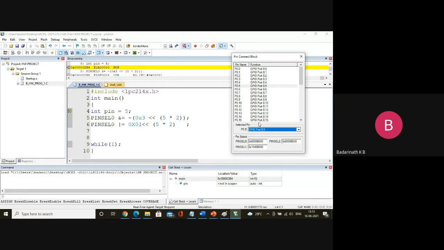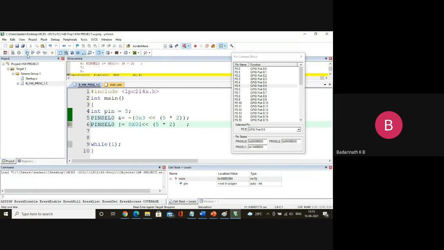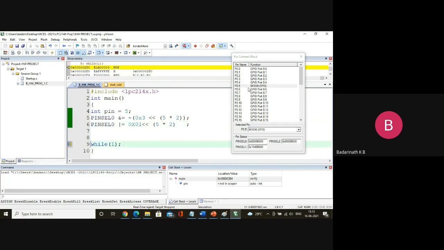Now, if I want to change P0.5 to the first alternate function, which is configured as a pin of the SPI block, then I have to execute this statement. If I have written this code properly, P0.5 automatically changes to that functionality. Let's see. Execute the first statement, execute the second statement, I'll finish. See, now P0.5 has changed. Here also it's changed. Automatically it is chosen to the first alternate function. This is how you have to write a program to configure the functions of the different pins of the pin selection. So this is the first requirement